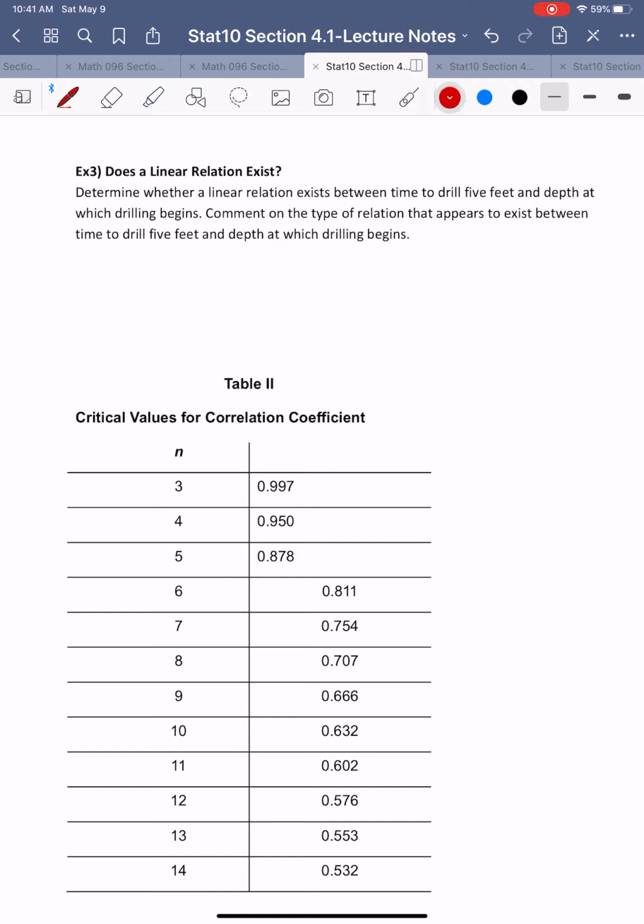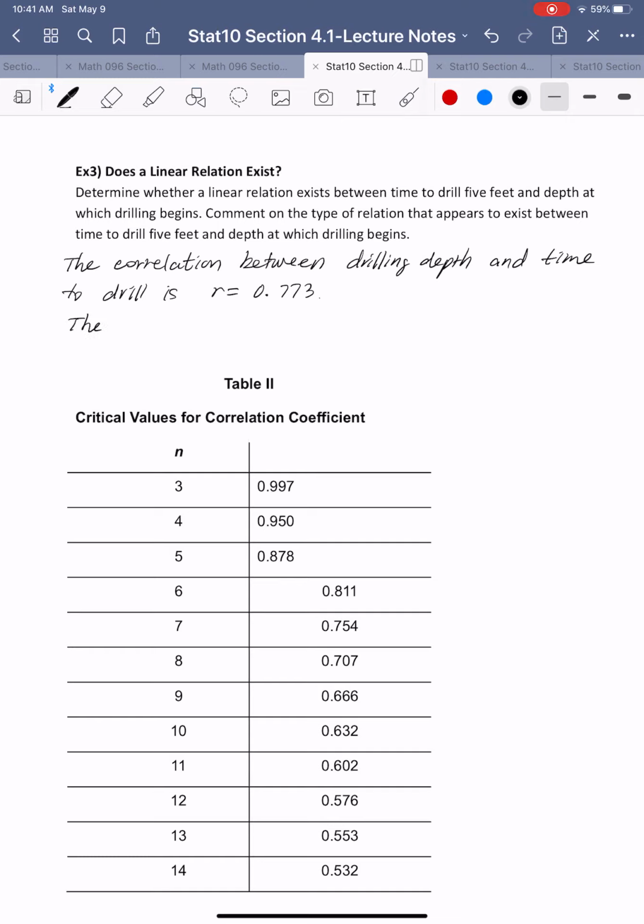So I have to say that the correlation between drilling depth and time to drill is r equal to 0.773,